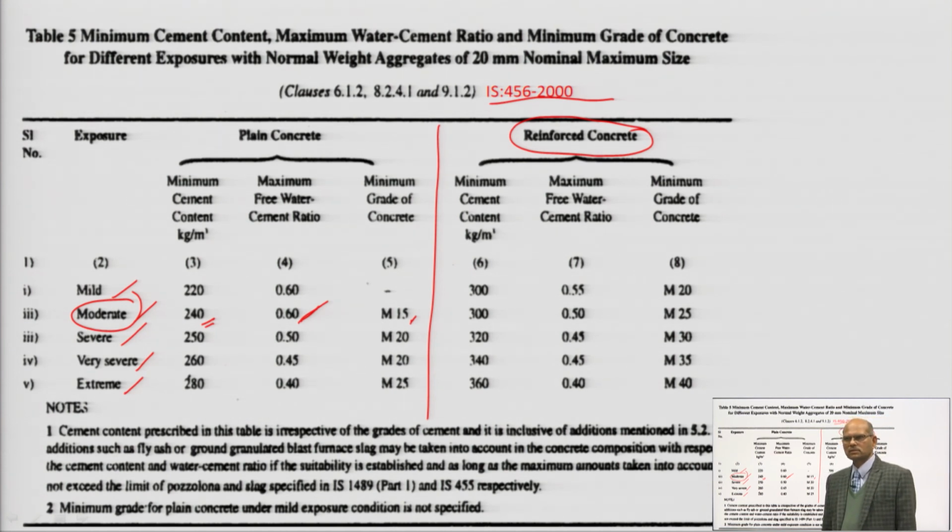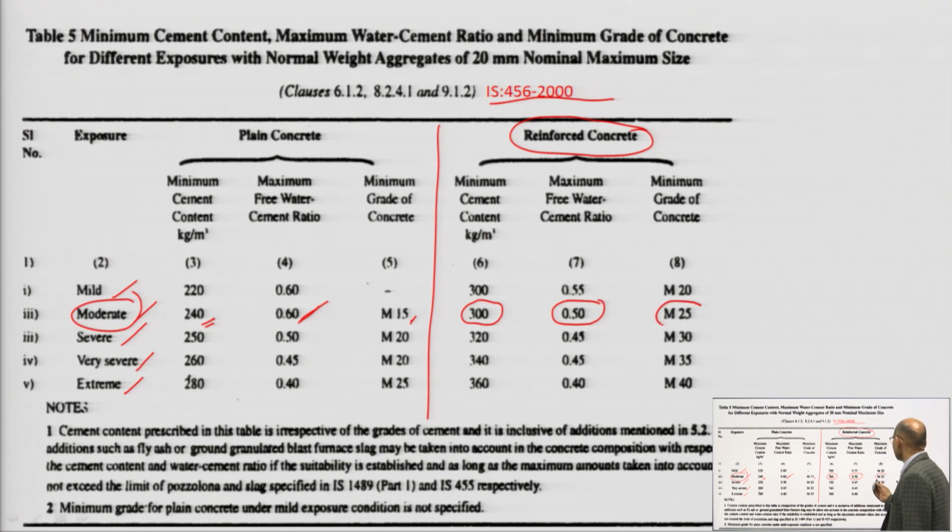Corrosion means the concrete should still be in passive condition. So, concrete has to maintain high alkalinity. The alkalinity should always be more than 12.5. Once the alkalinity is more than 12.5, corrosion will not take place, because the reinforcement will be under passive condition. So, maintain that, but they have mentioned that the minimum amount of cement you have to use is 300 kg, the maximum free water cement ratio is 0.50, and the minimum grade of concrete is M25.